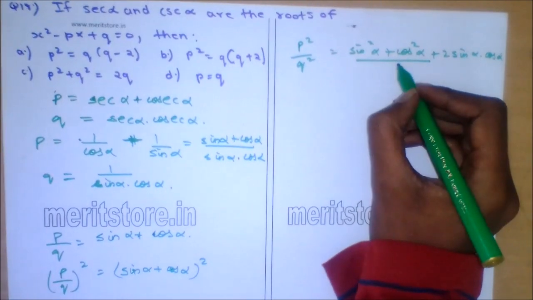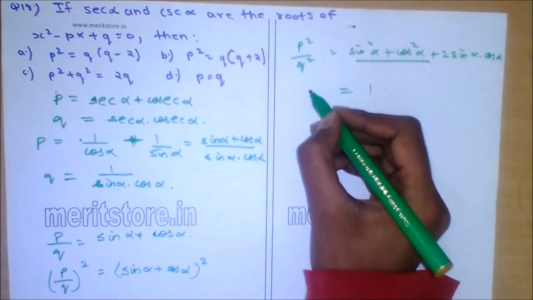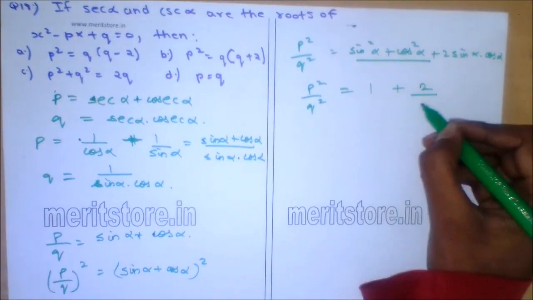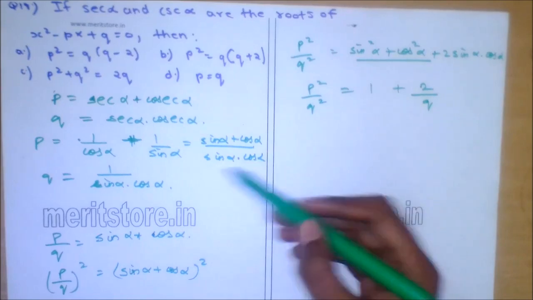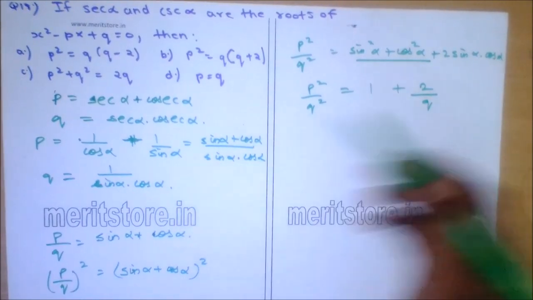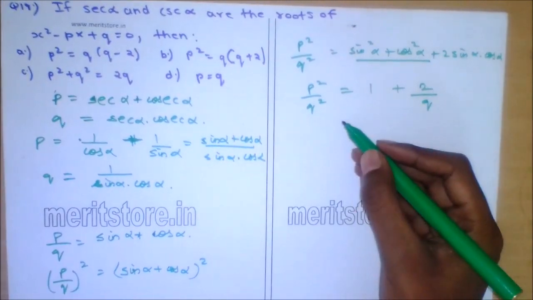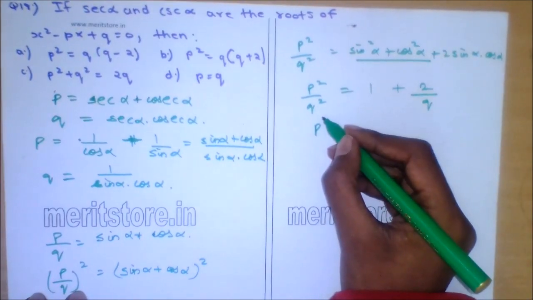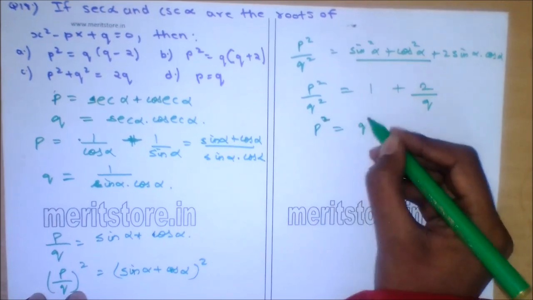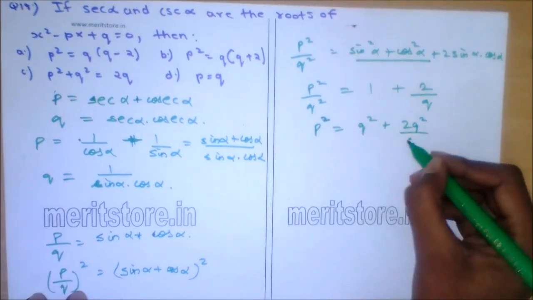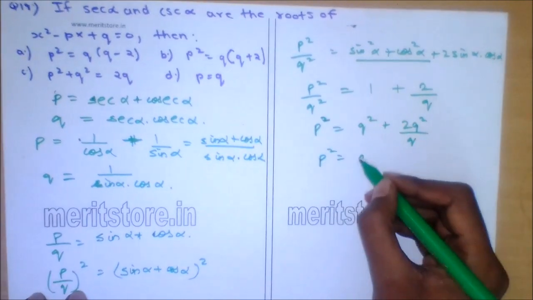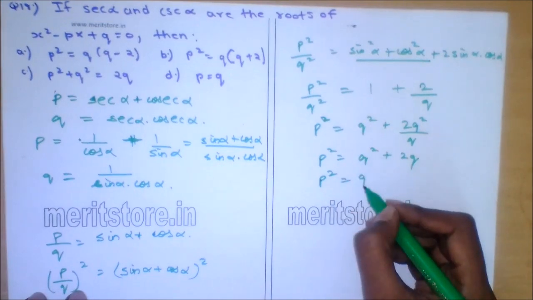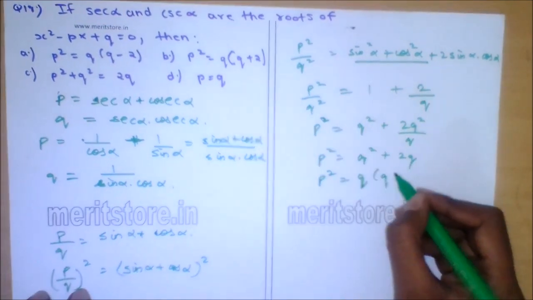Sin square alpha plus cos square alpha is 1, and sin alpha cos alpha is 1 by q because q is the product of reciprocals of sin alpha and cos alpha. So this is 2 by q. Now multiplying throughout by q square, we get p square equals q square plus 2q square by q, that is p square equals q square plus 2q, that is p square equals, taking q common, q into q plus 2,